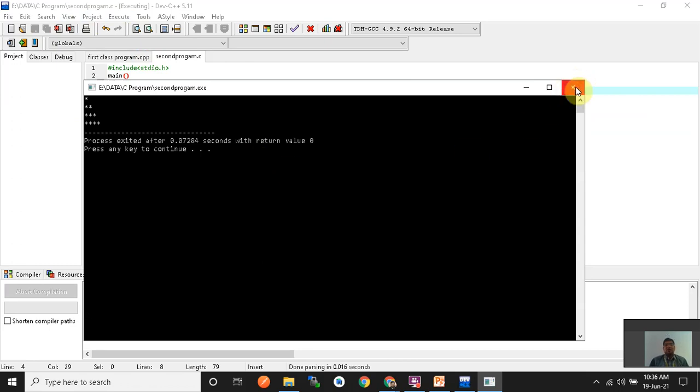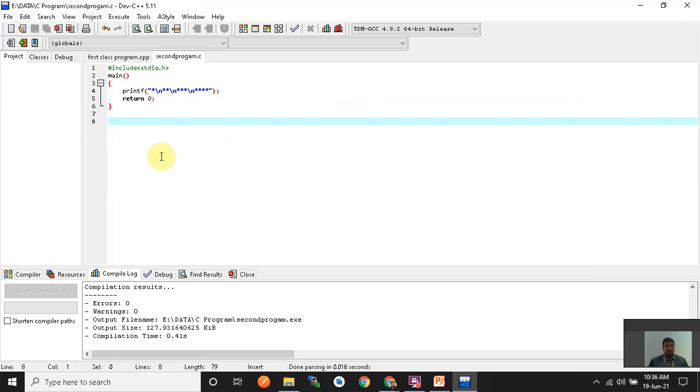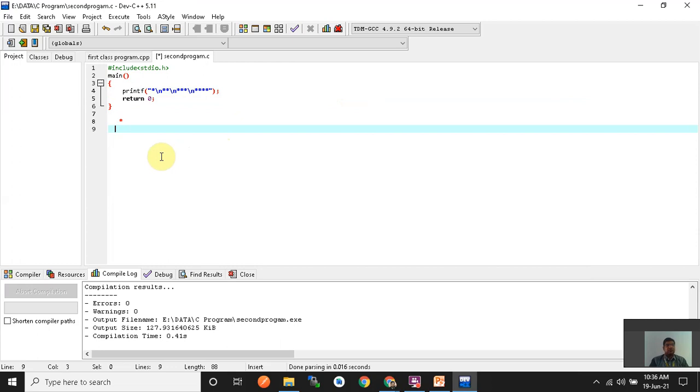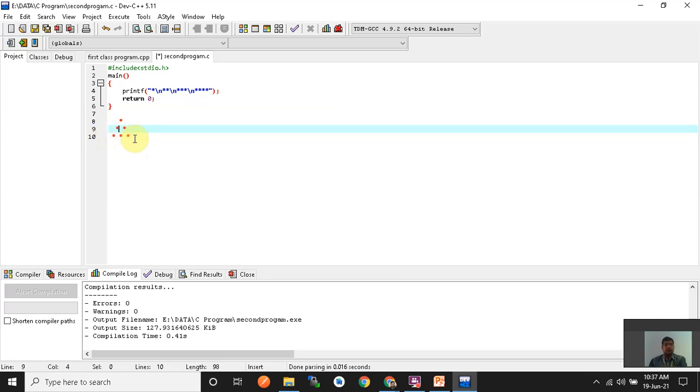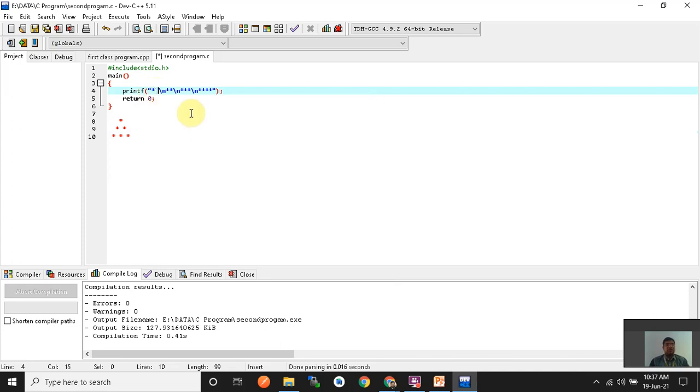Now I want to create more figures here, like 1, 2, 3. Star, enter, star, space, star. Now press enter. Star, space, star, space, star. There are two spaces. To create this, first I give the space in every star.